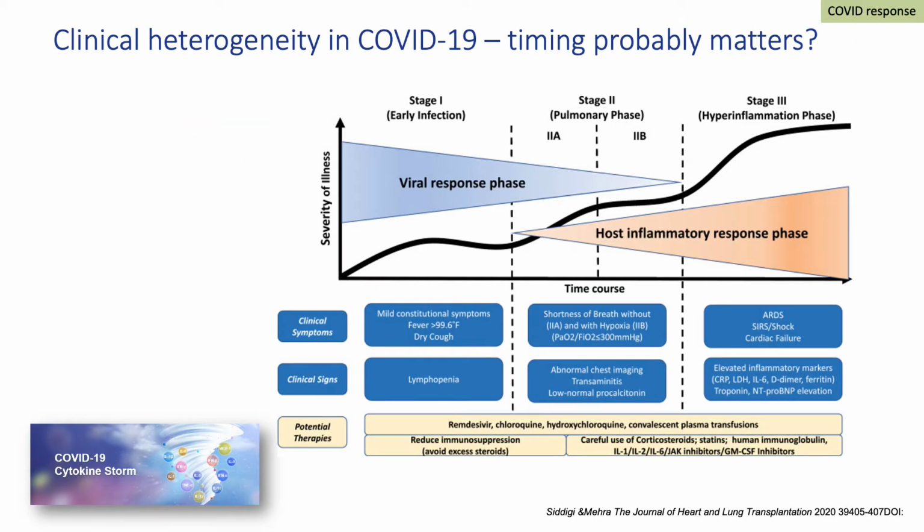Consider now the situation in COVID, and this is an image with which I suspect many of you are now familiar. It is a cartoon depiction of the severity of illness on the y-axis over time on the x-axis. In this particular image, the idea is that the early phase will be a viral response phase where a majority of people happily will develop a protective immune response that will clear the virus and lead to relatively rapid resolution and mild symptom complexes.